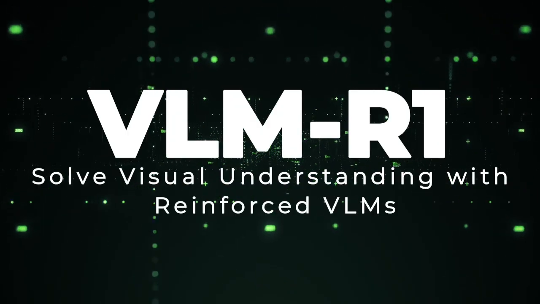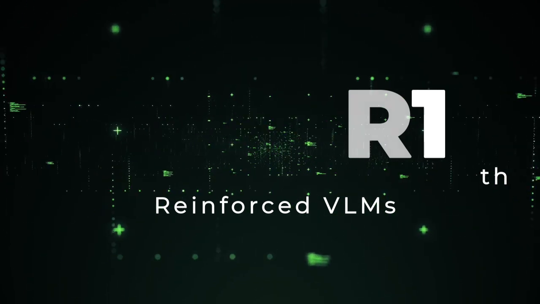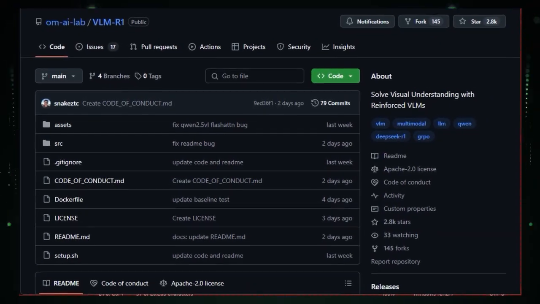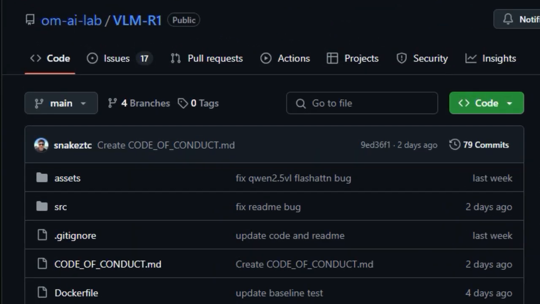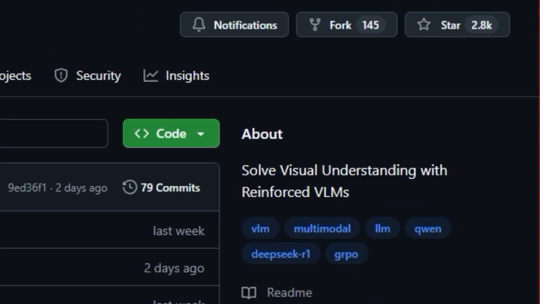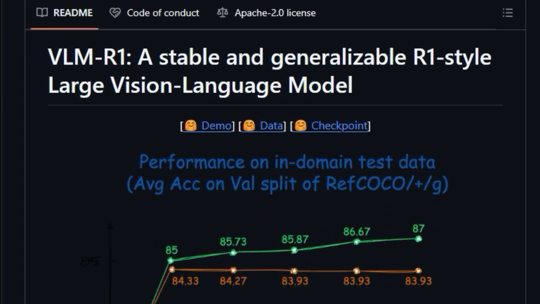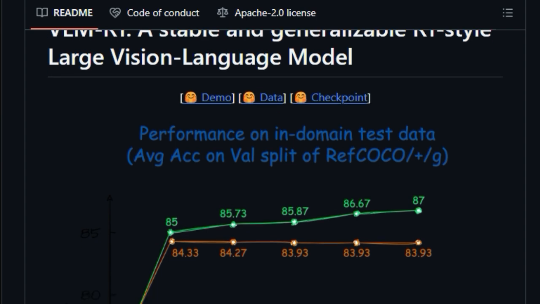Project number 5: VLM R1. Solve visual understanding with reinforced VLMs. VLM R1 is a large vision language model, VLM, that distinguishes itself through its stability and generalizability, achieved via reinforcement learning techniques. What makes VLM R1 unique is its R1-style architecture, which has been shown to offer advantages over traditional